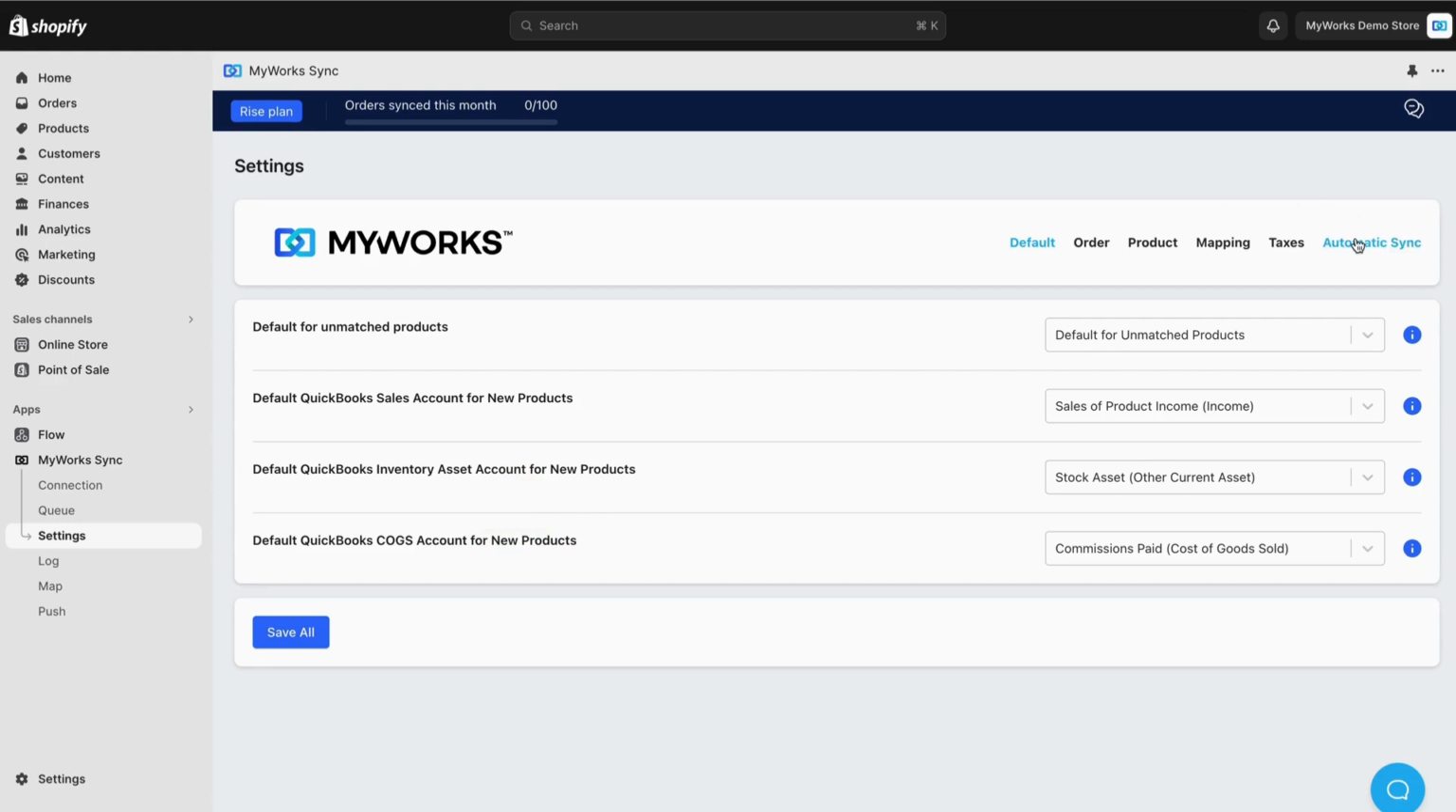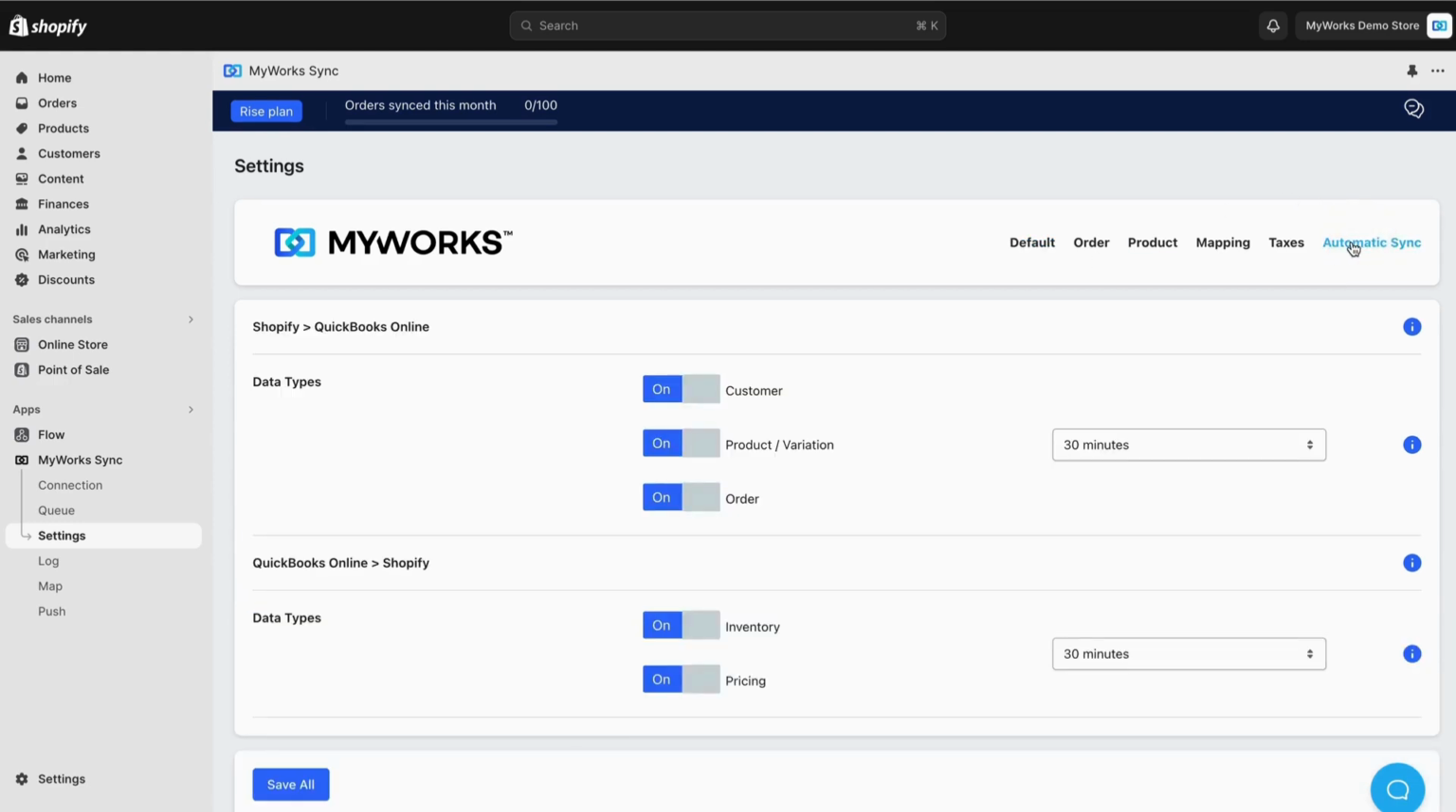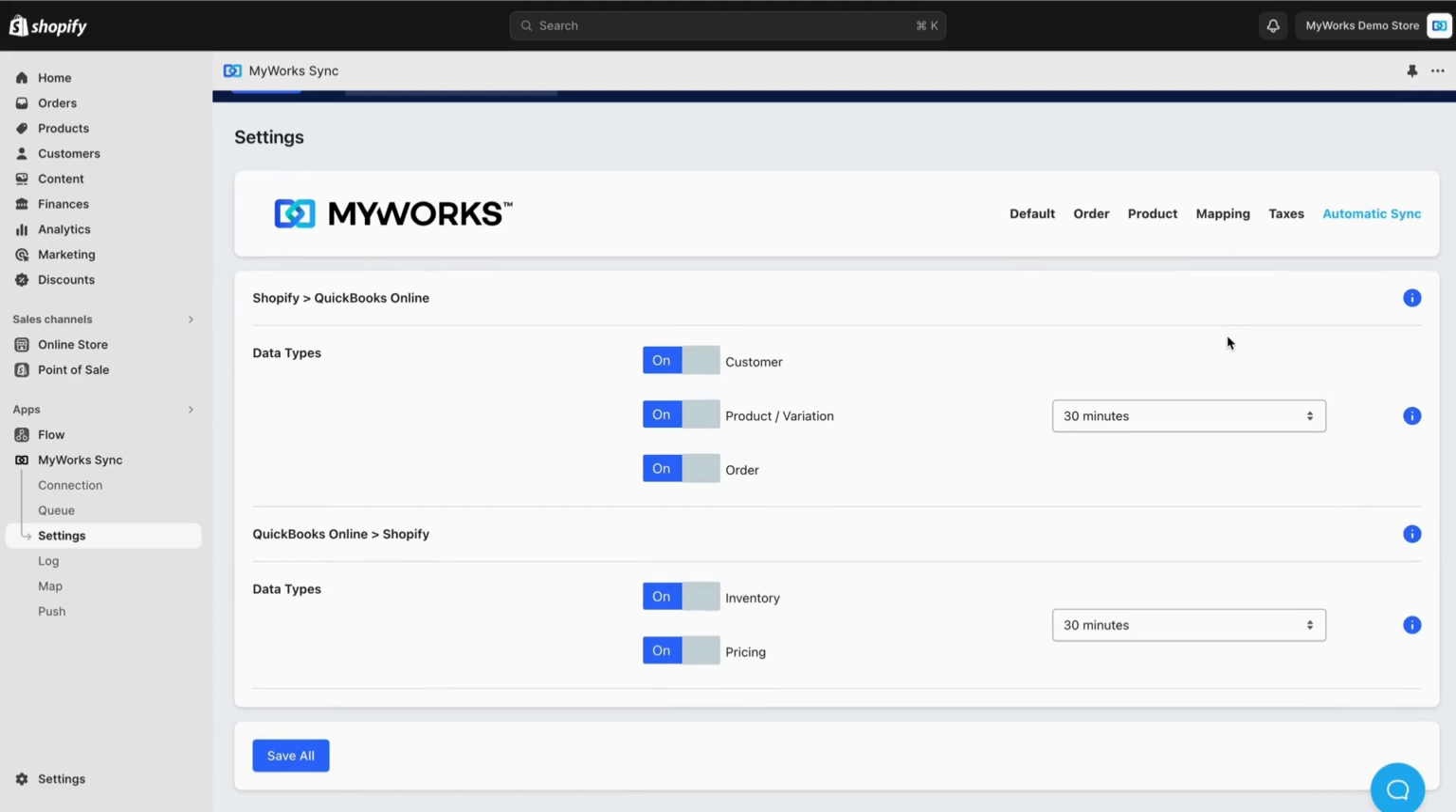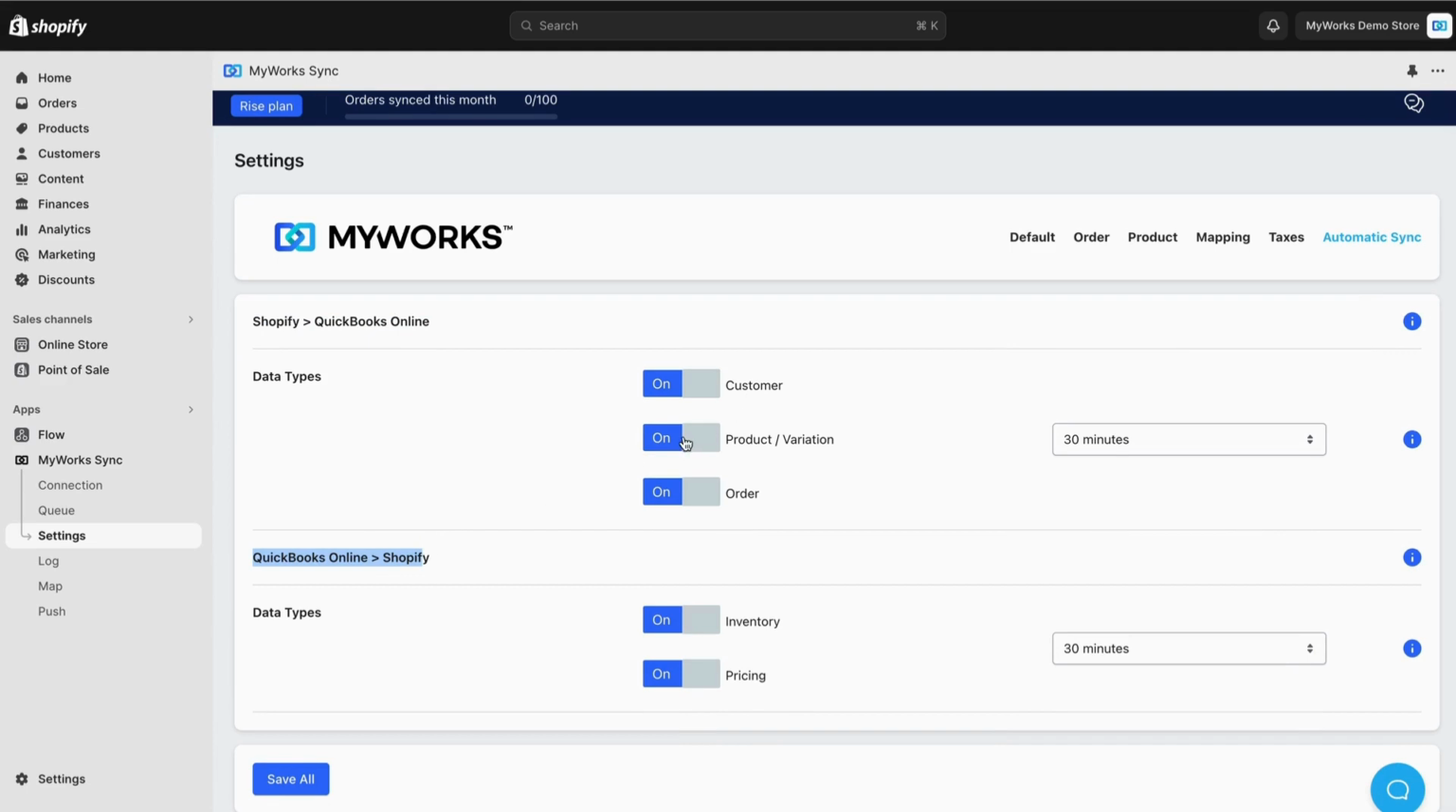Let's jump over to our automatic sync tab here on the right for a moment. This is a great visual control panel that lets you control what type of data we're syncing from Shopify to QuickBooks here on the top, and the other direction from QuickBooks to Shopify here on the bottom. By default, when you activate our sync, it's going to look like this. Only the customer and order switches will be on, because by default, we'll only automatically sync new customers and orders